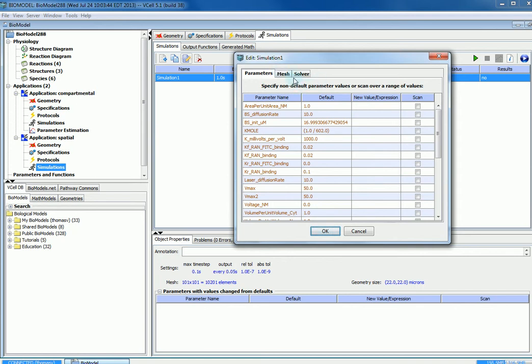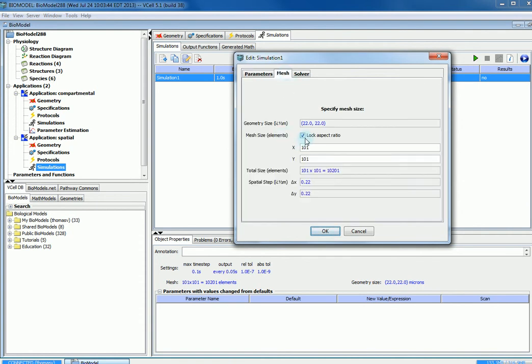And because this is a spatial application with that geometry that we've created, we also have access to the Mesh tab. We do not have to change any of the default parameters, and we can head straight to the Mesh tab. We want to make sure lock aspect ratio is checked, and enter in 51 for x. What lock aspect ratio does is, as you change the value for one coordinate, it adjusts the other ones accordingly. And now we can head to the Solver tab,